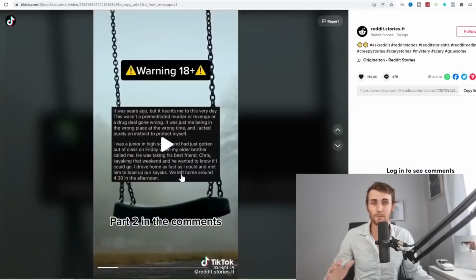As you can see, all this person is doing is copying and pasting stories from Reddit, overlaying a text to voice editor with a random background video of a swing and just putting it on text over here. And they're basically getting millions of views doing this. So Reddit stories on TikTok right now, turning that into a video is a great way to get a lot of views, and we can monetize that in multiple ways.